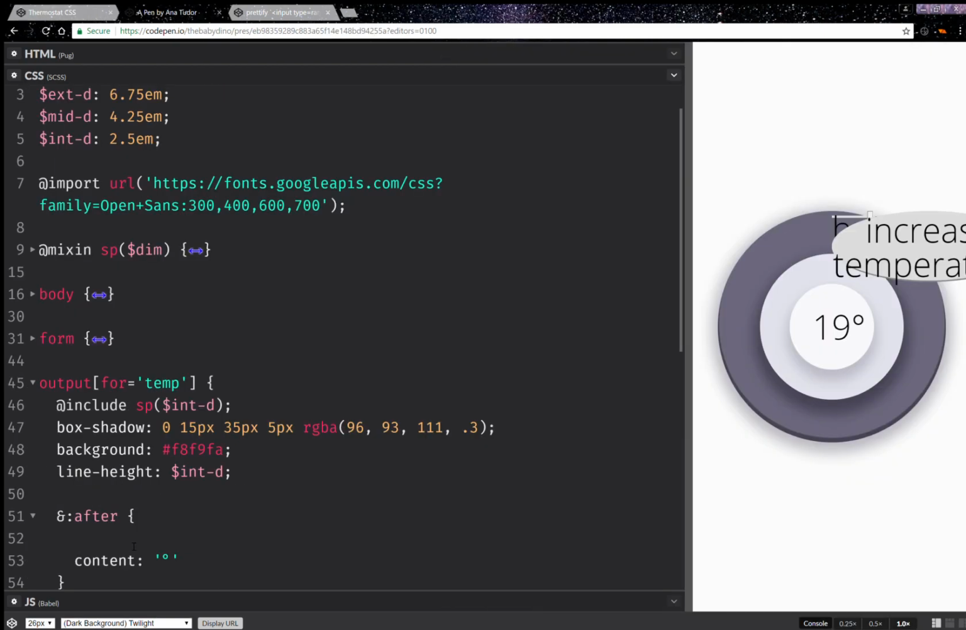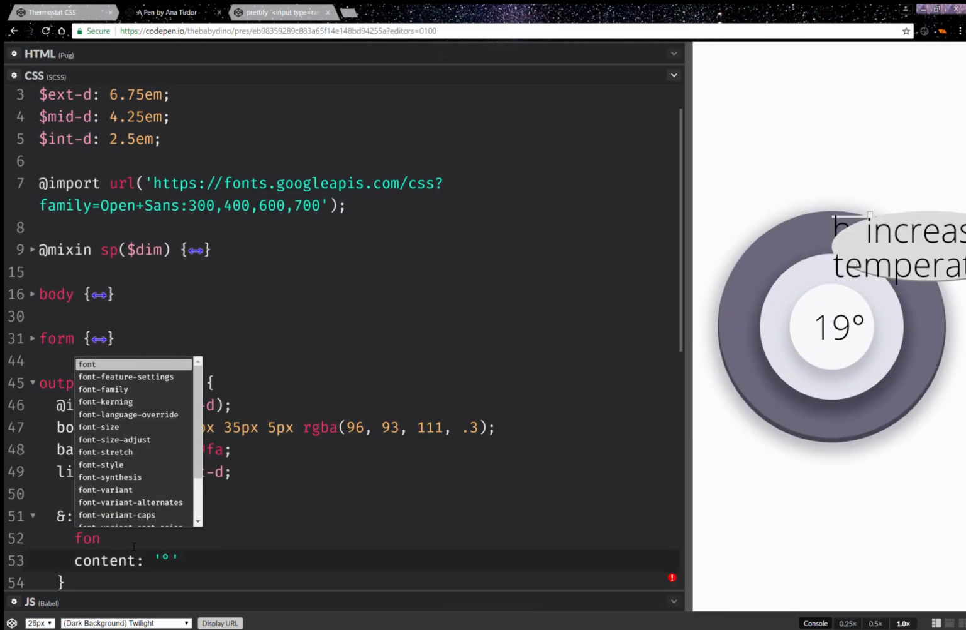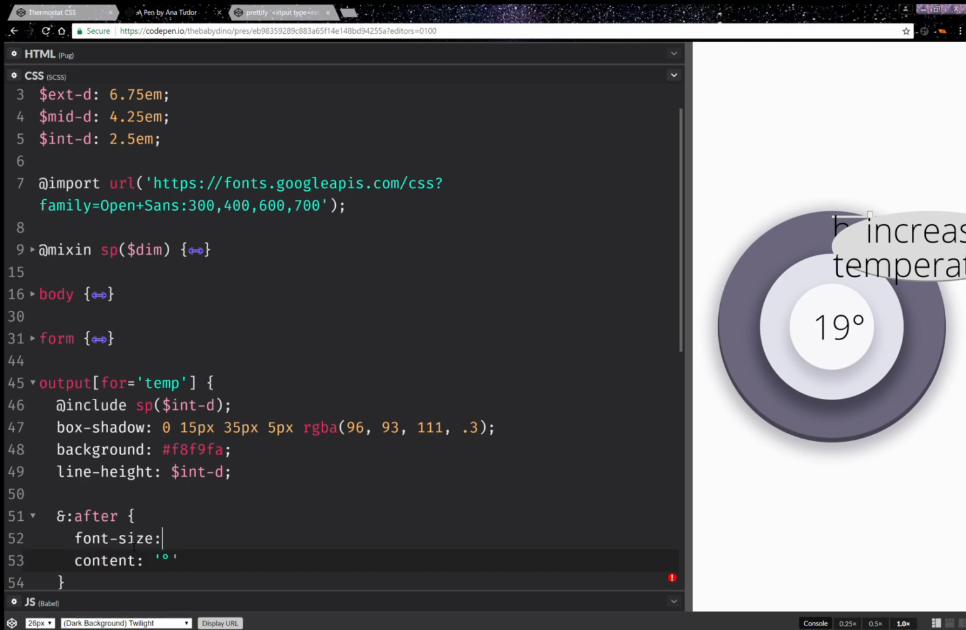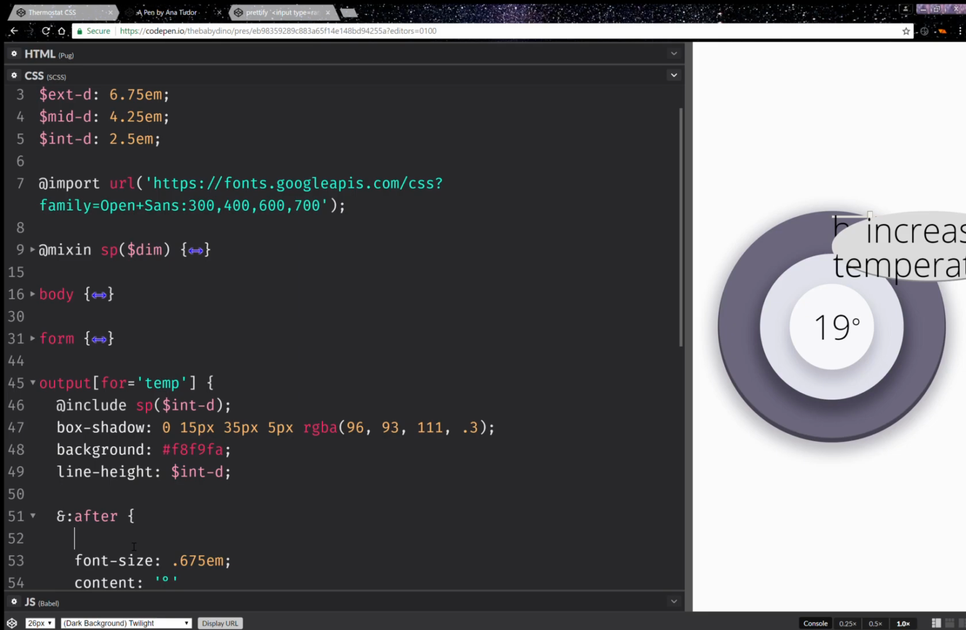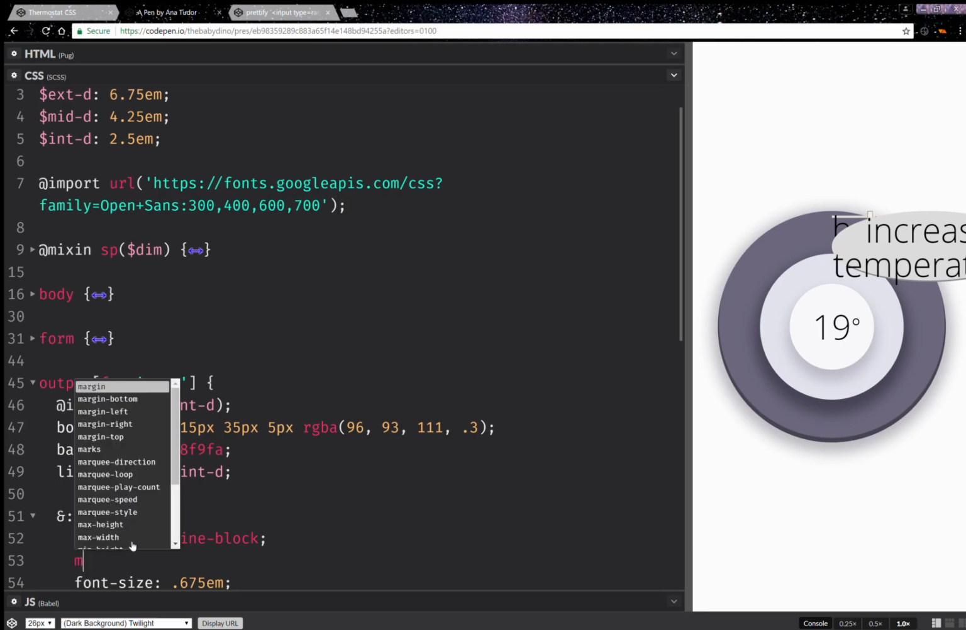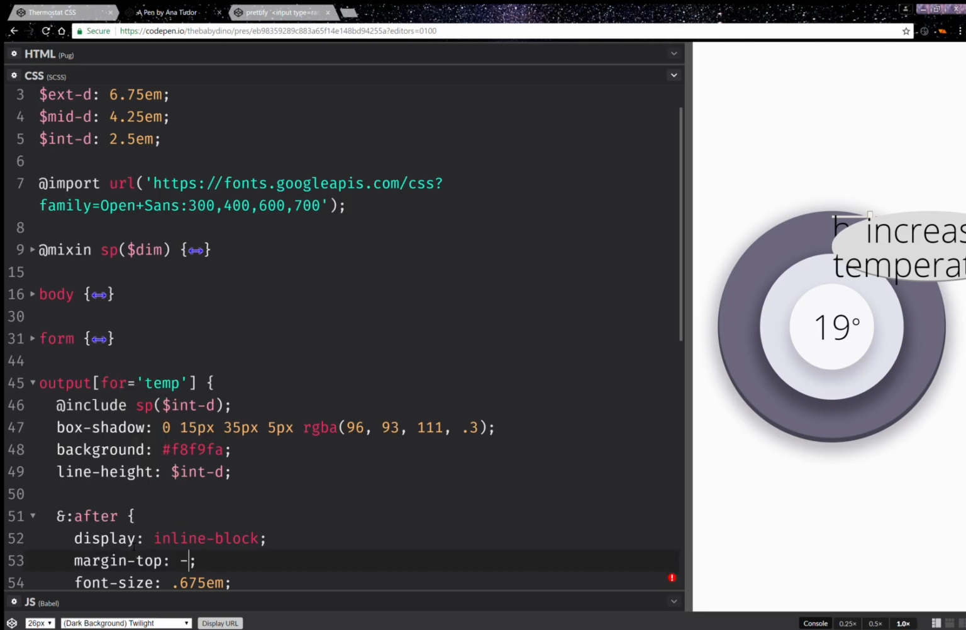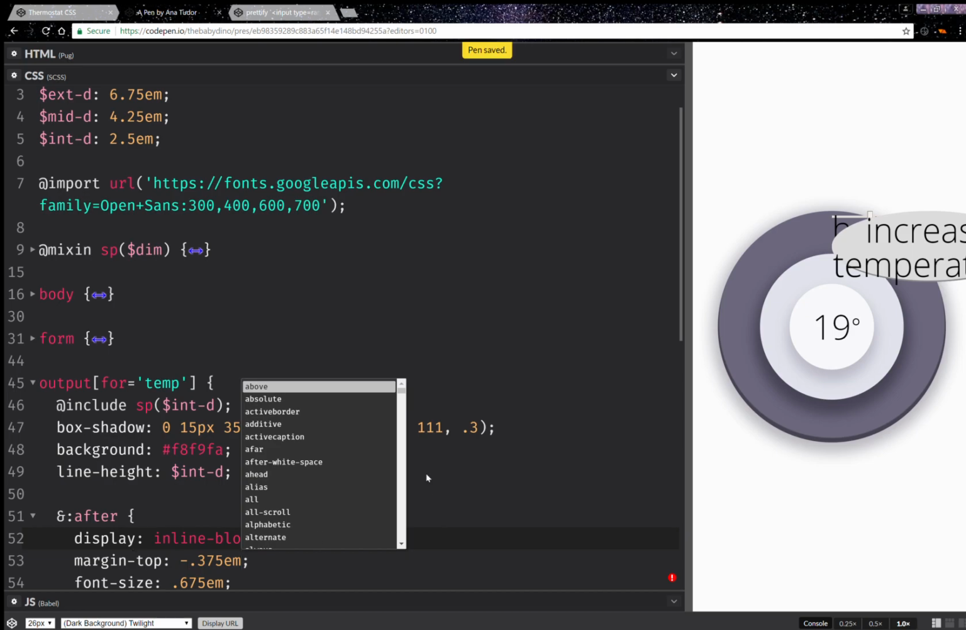So I'm going to have font size. This is going to be, okay, and I'm also going to do this inline block, and something else I'm going to do is margin top, and this is going to be minus something like this. This should do it. Okay, this looks fine. Now for the buttons,